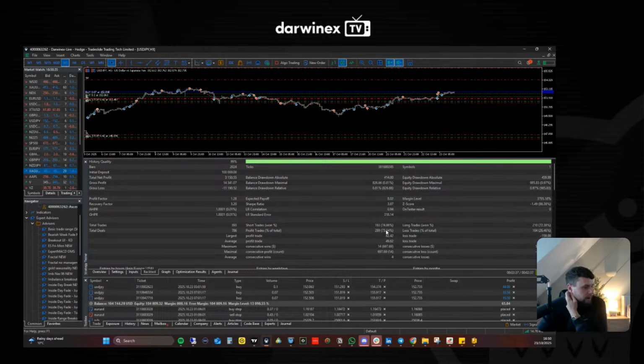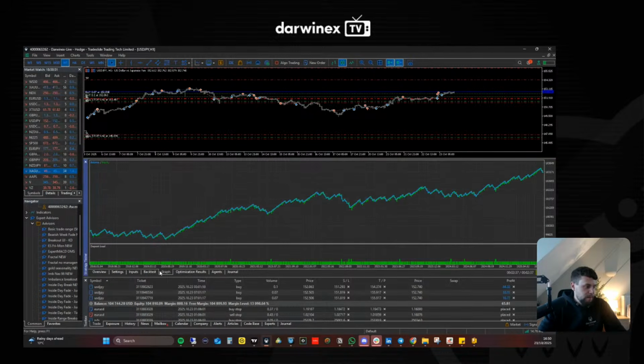Increase the win rate by 1%, reduce the total trading activity so the exposure is lower, slightly increase the profit factor. I would like to get the profit factor higher than 1.4, 1.5. However, I'm still happy for this strategy to be part of the portfolio. So I'm still happy with that. The curve looks a little bit smoother than the original.